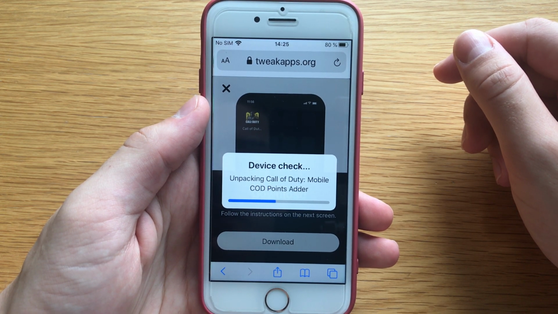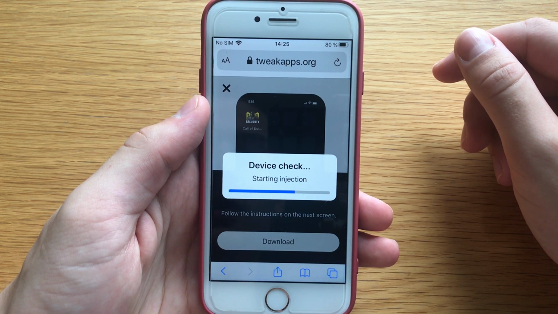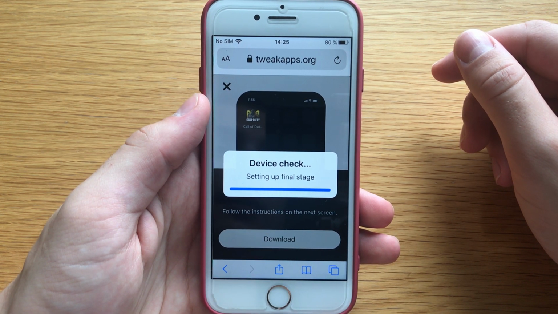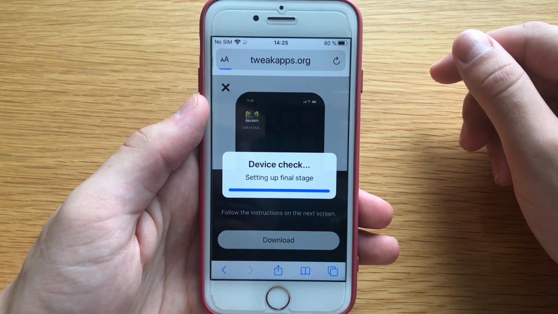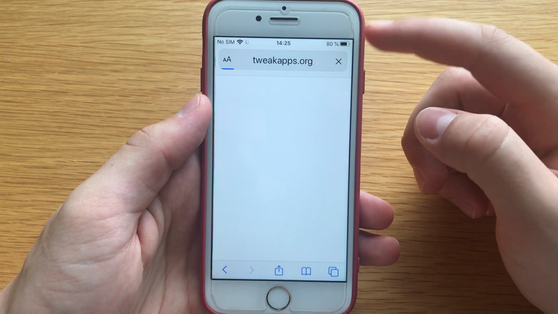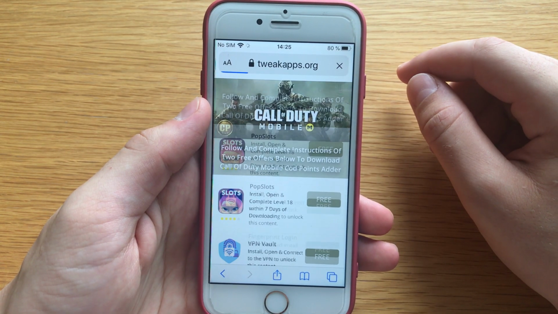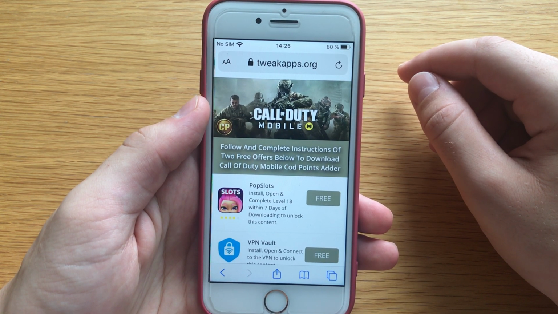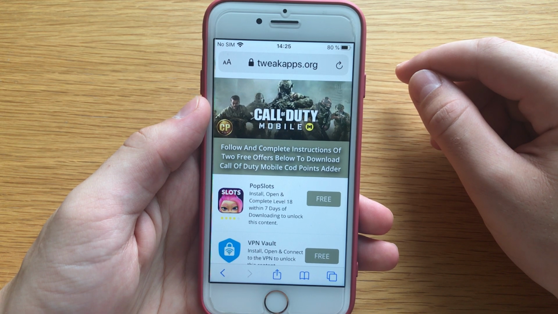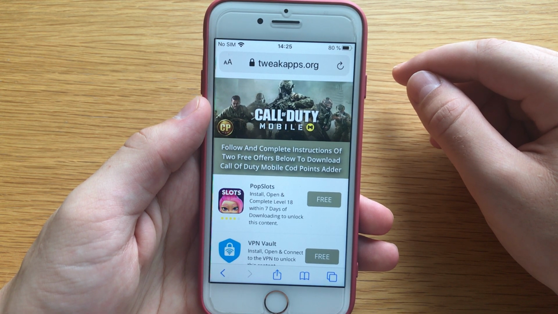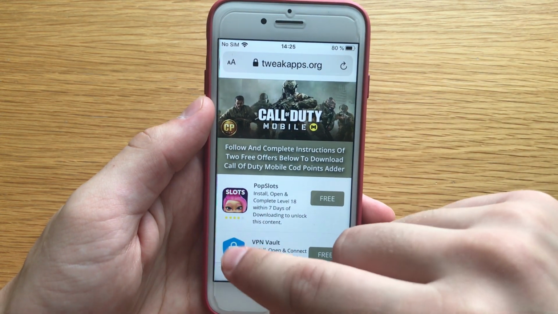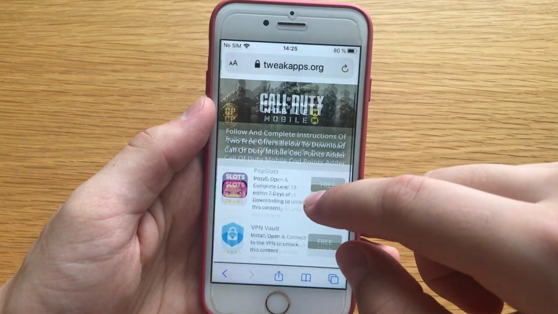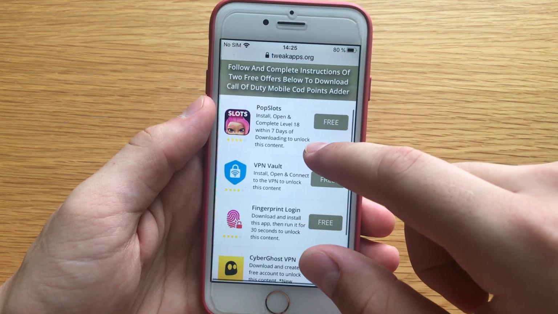It will take a few seconds to check if your device is compatible with the application, and it should be. If you encounter any problems, just update your operating system. Mine is the latest iOS. And there's the final step. It will say follow the complete instructions of 2 offers below to download Call of Duty Mobile COD Points Adder. To receive the application, you have to complete 2 offers from this list. But I would recommend you complete all the offers that you see, because usually that works